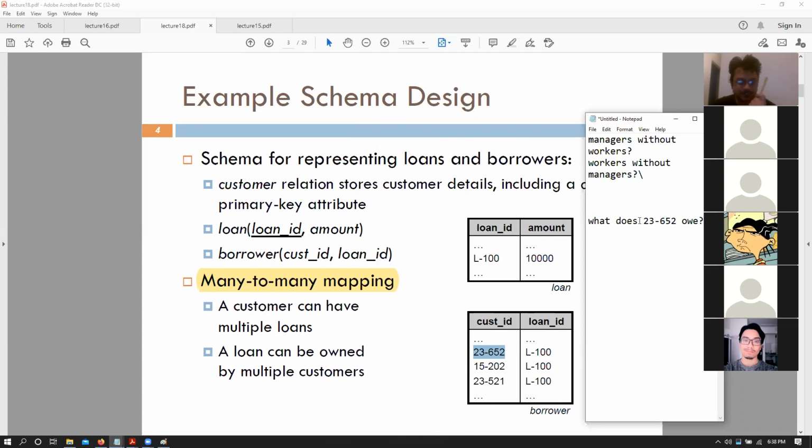Select sum amount from borrower, left join loan. Exactly, right? We would be joining, exactly, Yogi. And the sum amount is really, really nice. I love that, because that particular customer can have other loans as well. I really do love that statement. I was not expecting that, but yes, that is correct. So select sum amount from borrower, left join loan, where customer ID equals something, right?